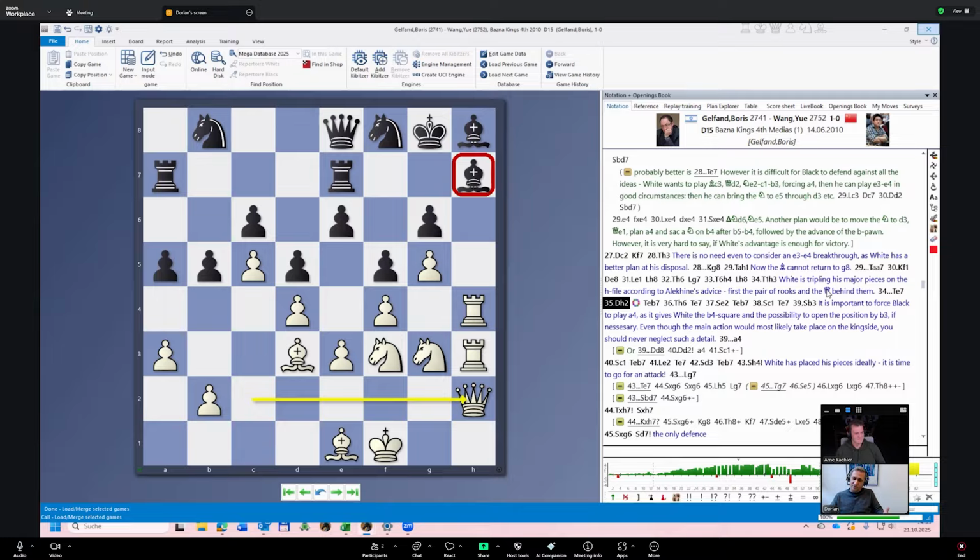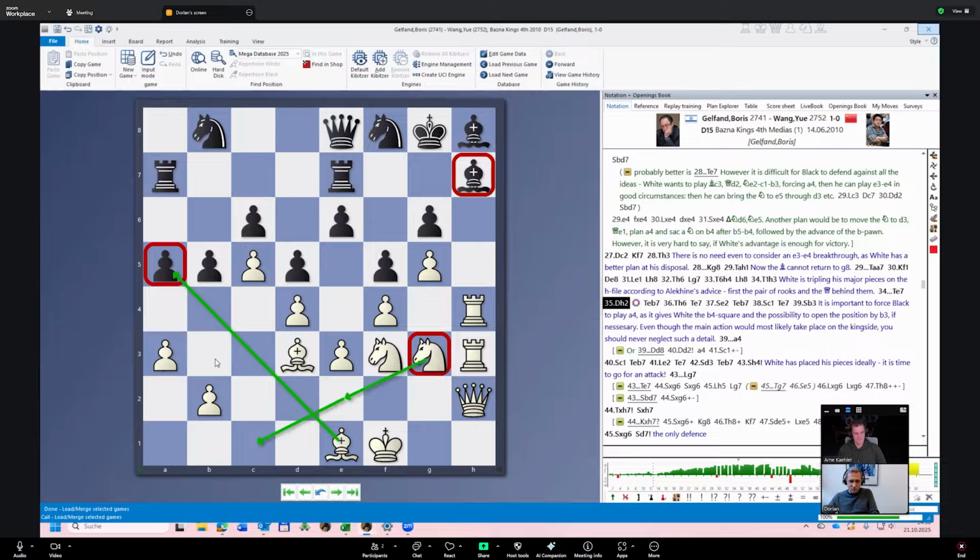So Gelfand's approach is he improves the position as much as possible, and then he will look at if it's enough or not enough for victory. So what he did? You see here this pawn. I'm sure you did not notice it at the beginning. You won't believe it, I've read this was one of my first thoughts. I swear, really. But then I calculated it's not enough. So what he did, at some point he transferred this knight, I believe,